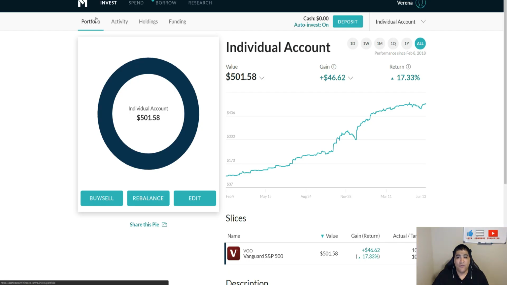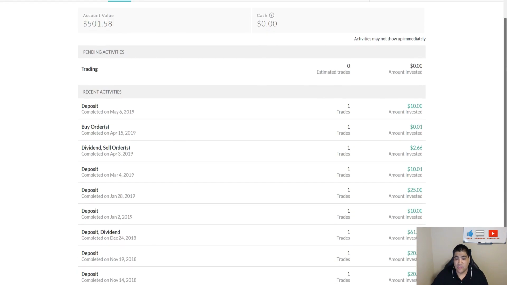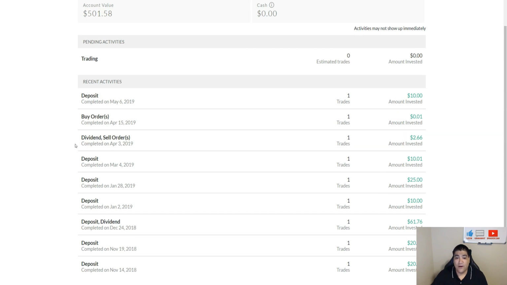So jumping over to the M1 Finance platform, the individual account finally hit over $500. So what we're going to actually see here in the statement that back in April, we had almost hit $500, but May was a very rough month. But you can see here that the portfolio has recovered. And what we want to do here now is go into the activity tab and scroll down towards April. So here are my two events here that took place in April.